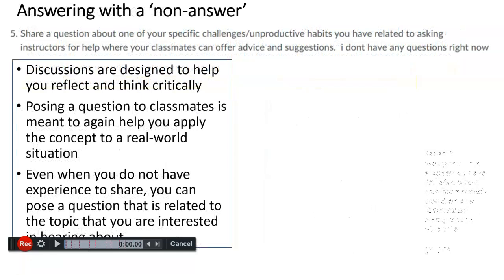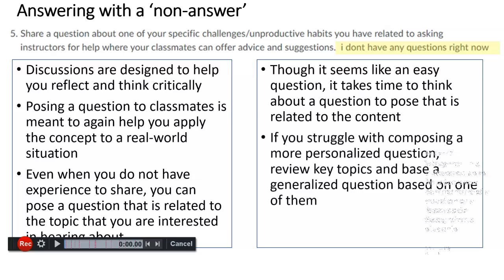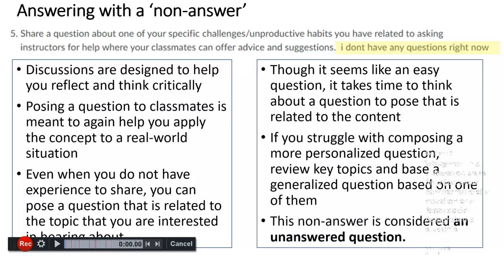Every discussion asks for either development of a question or a scenario to which other students will respond. This demonstrates your critical thinking and application and stimulates connection and interaction among classmates. Even if your background and experience doesn't bring an immediate or personal situation to mind, your reading and resources give you enough foundation of the concept for you to create an example.